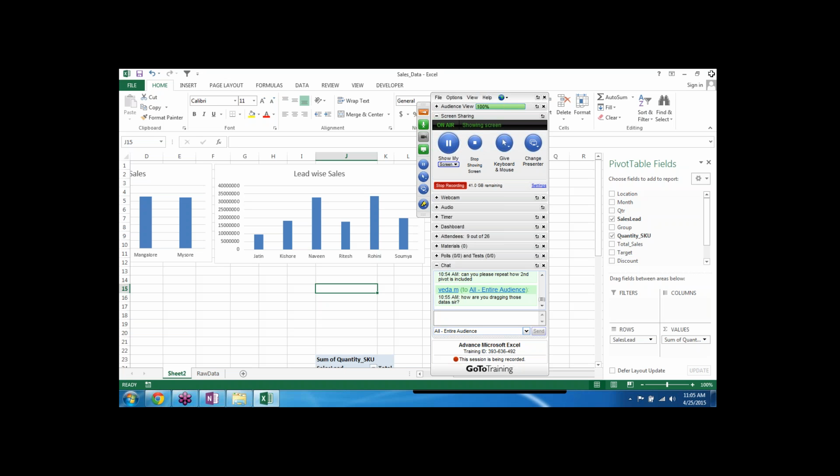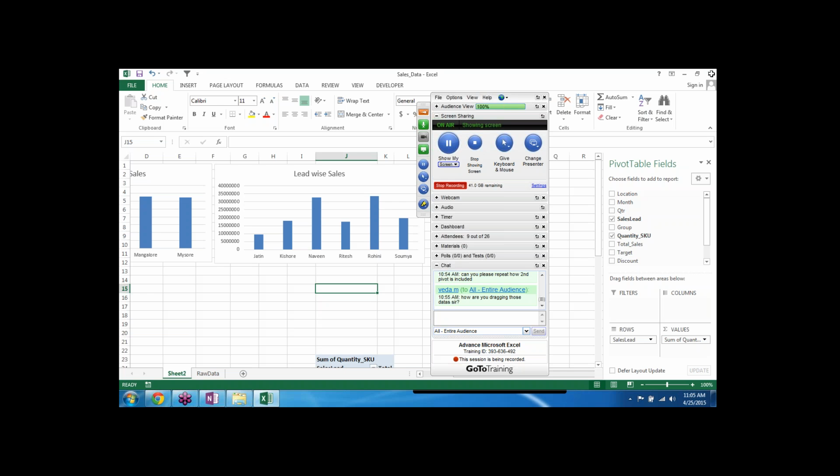Okay. Let's take this third chart and then go to analyze and make another pivot chart. This is the third chart we are making. So this is quantity, lead wise quantity. We can mention it over here. This is lead wise quantity. I'll make sure that I save it so that it is absolutely fine, and hide the buttons and remove this total as well.